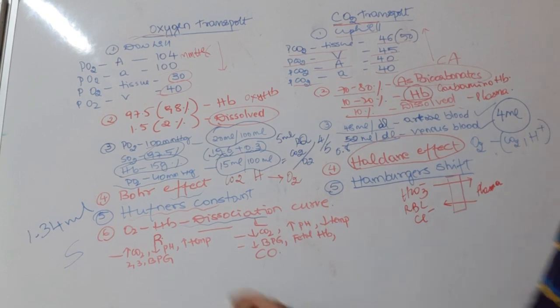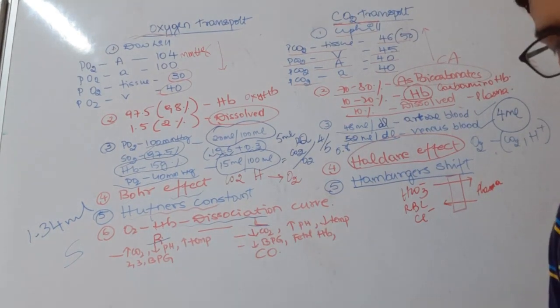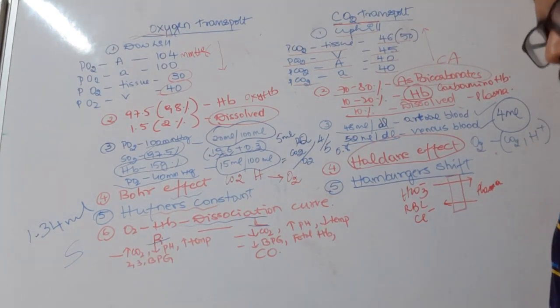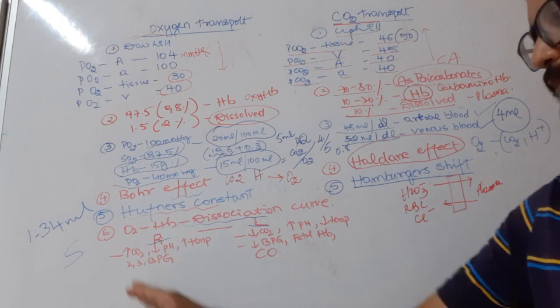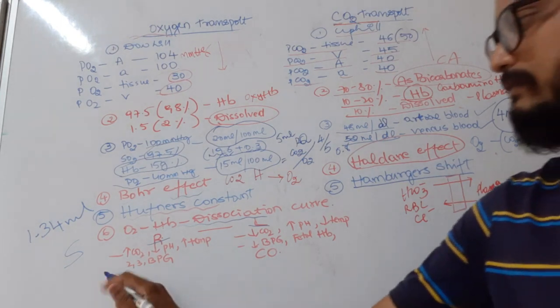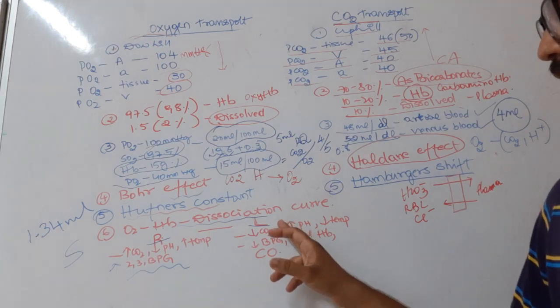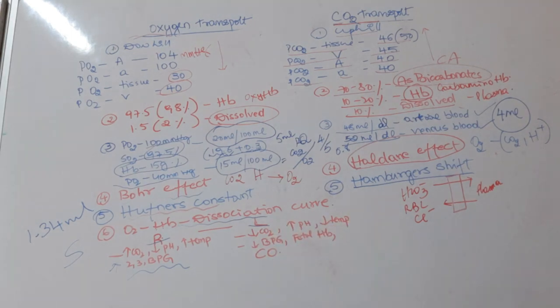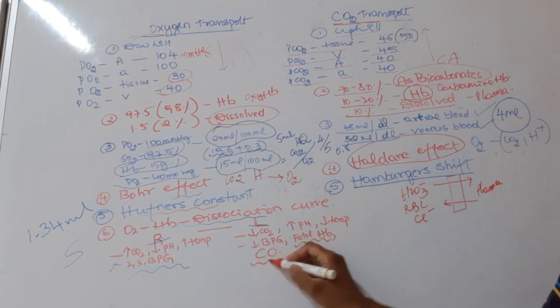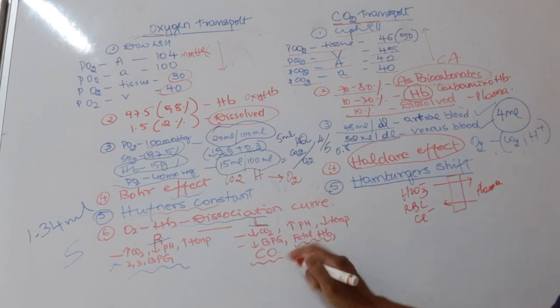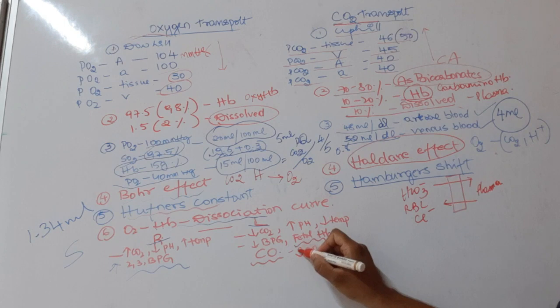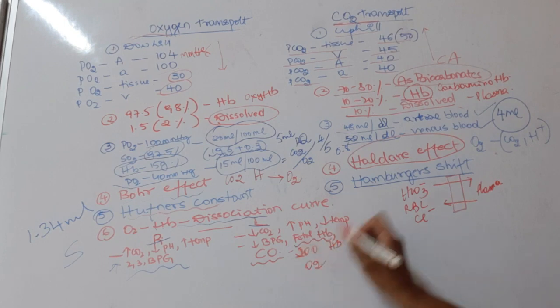We have also seen that the hemoglobin dissociation curve can shift to the left or right. The right shift is seen with increased carbon dioxide, increased temperature, decreased pH, and increased 2,3-bisphosphoglycerate. A left shift is seen with decreased carbon dioxide, increased pH, decreased temperature, decreased BPG, and also in fetal hemoglobin, which has a high affinity for oxygen, and during carbon monoxide exposure. Carbon monoxide has 200 times more affinity for the hemoglobin molecule than oxygen.